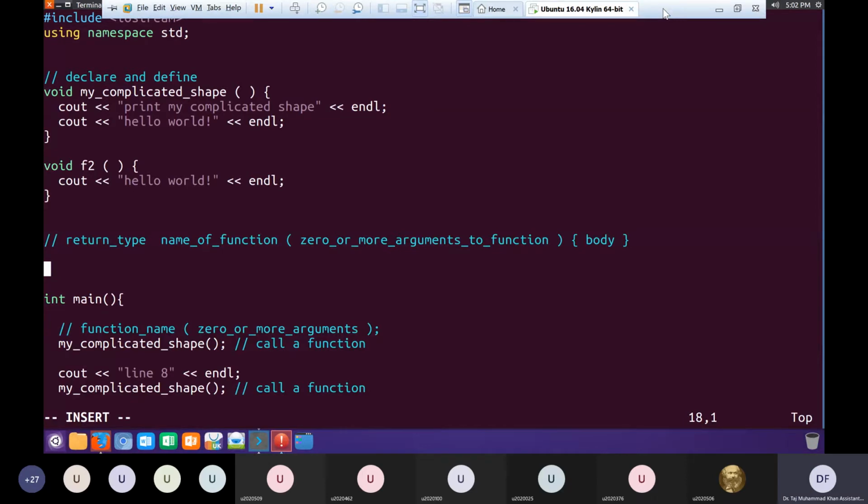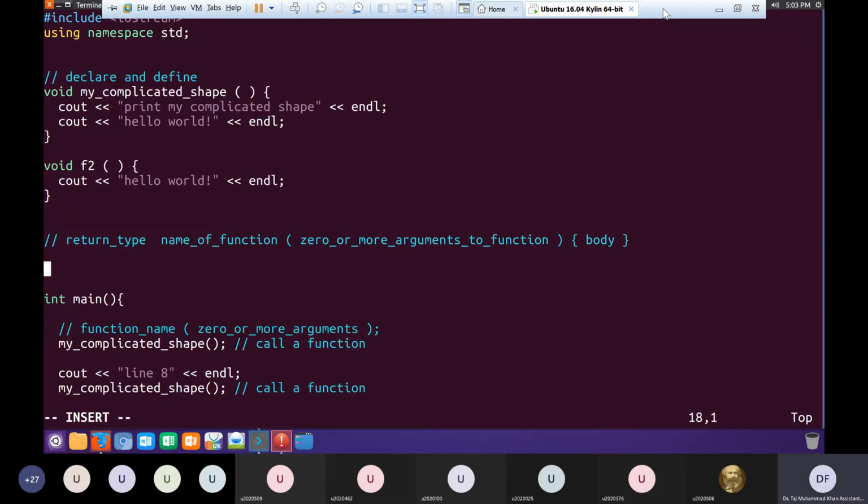So this add function would return the sum of those two numbers. So the return type for this function should be the type of value that this function would be giving us back.